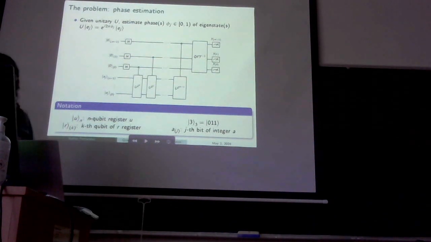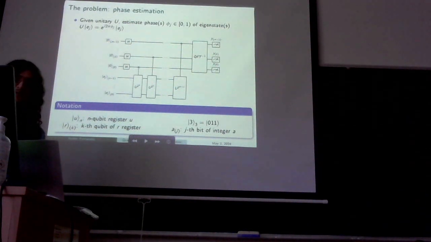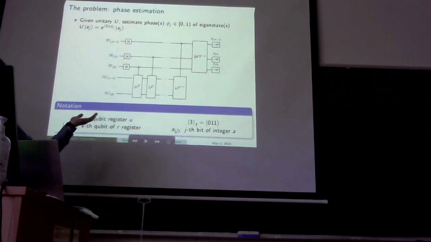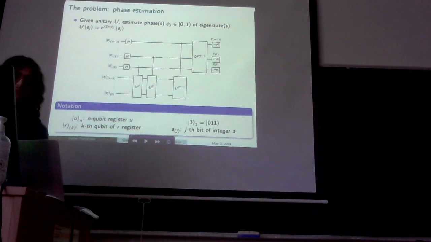This is the circuit of quantum phase estimation, which I'm going to explain in detail in a minute. But first, briefly, this is the notation I'm going to follow in this talk. I'm going to use regular subindexes to refer to the size of a certain quantum register, and I'm going to use brackets with a certain subindex to index a particular qubit in a register, and I'm going to follow the same notation with regular integers to index a particular bit.